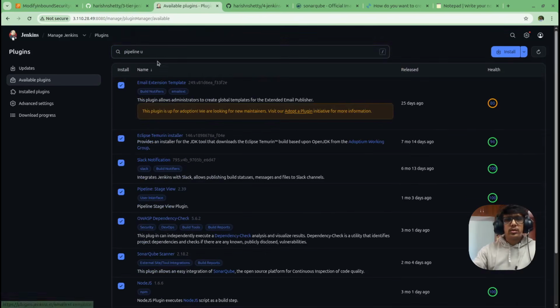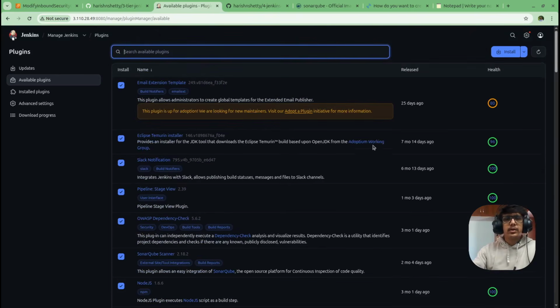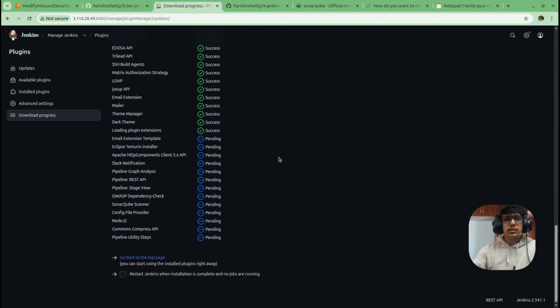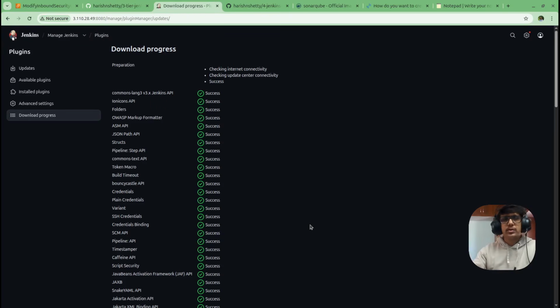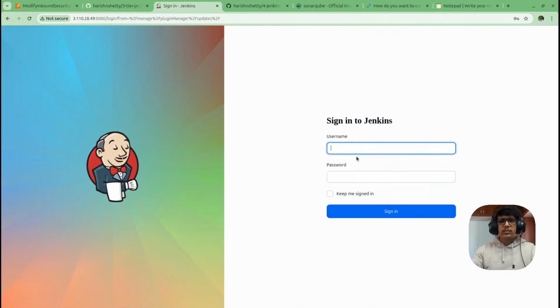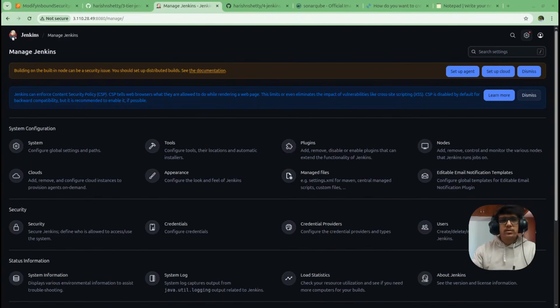Then utility. Make sure you install all those plugins, right? And click on the install after restart and check this box. It is going to restart your Jenkins once the plugins are installed. Once it is restarted, login. Now go to manage Jenkins and click on the tools,